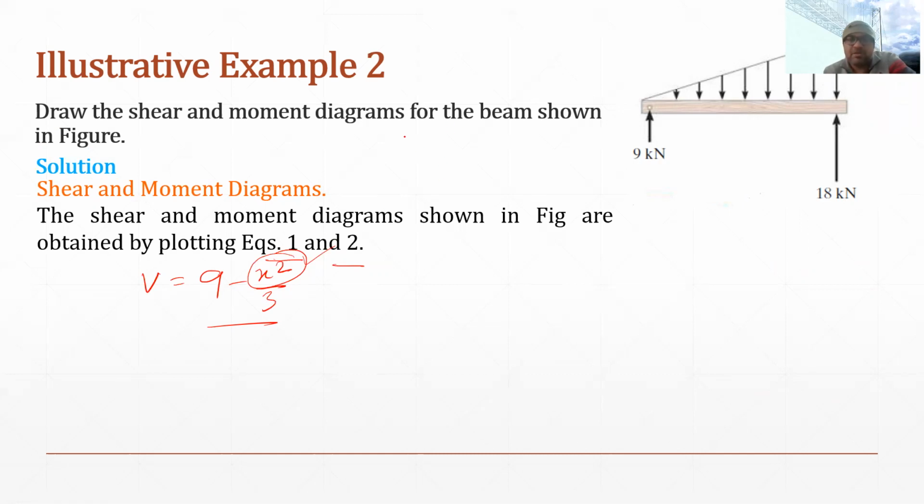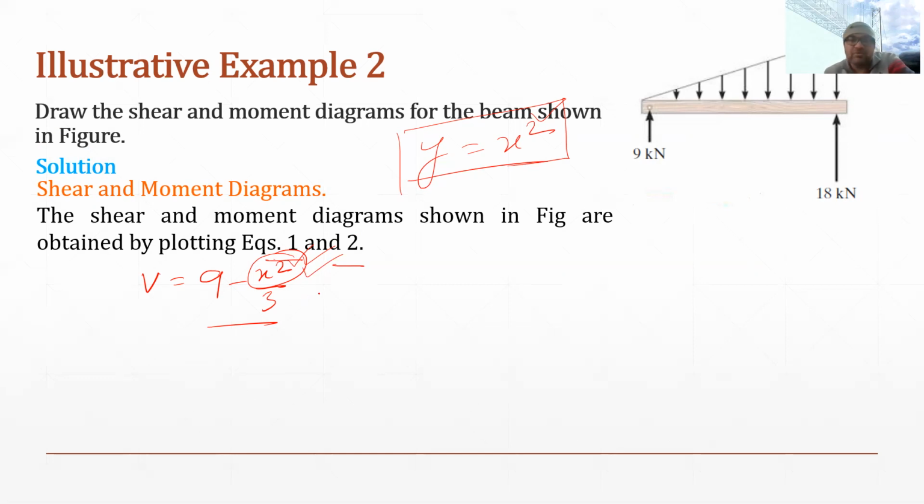Basically, if we see the equation of a parabola, the equation of a parabola is y equals x square. So this is the simplest equation of a parabola, and in this case, you can see x is of order 2. That is why when we have an equation with x of order 2, then generally we will have a parabolic curve. So this equation will give us a parabolic curve.